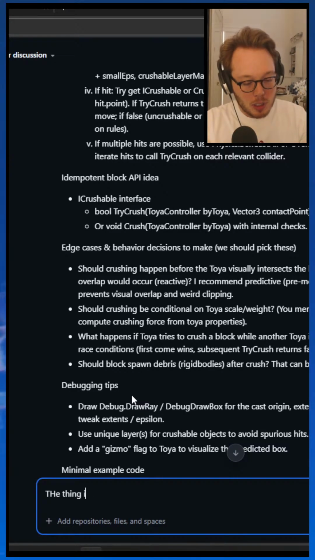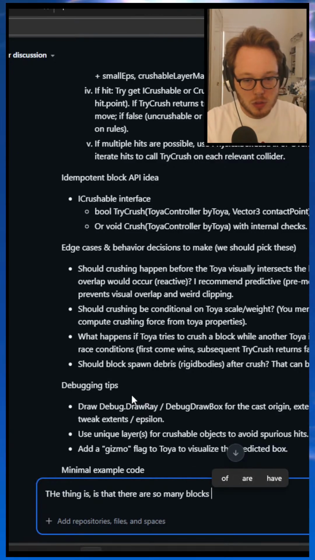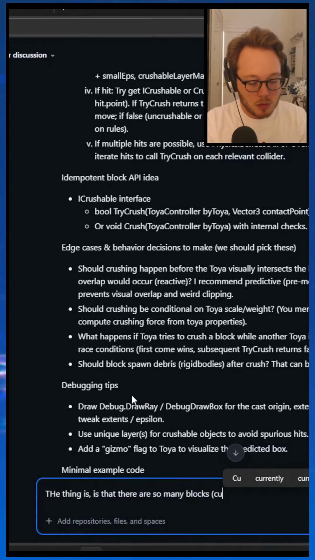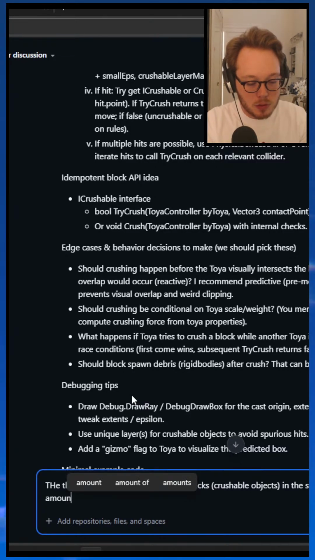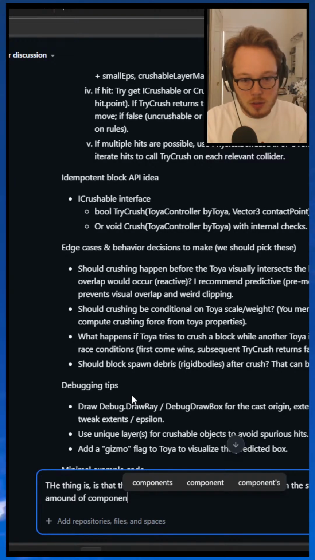The thing is that there are so many block objects in the scene. I want to minimize the amount of components on each block.